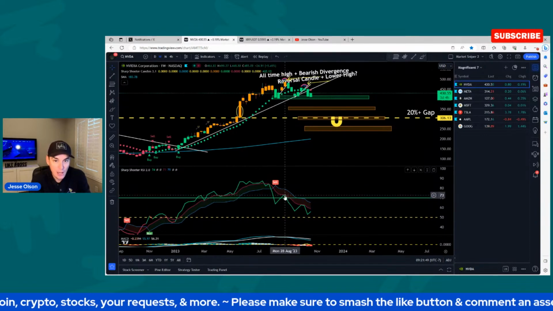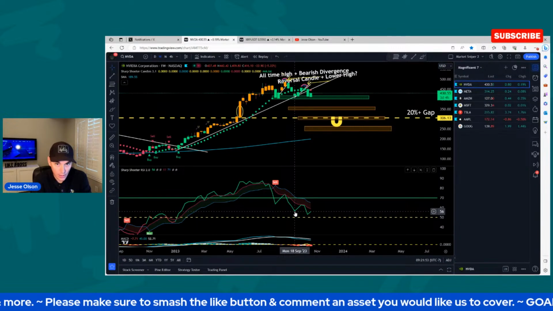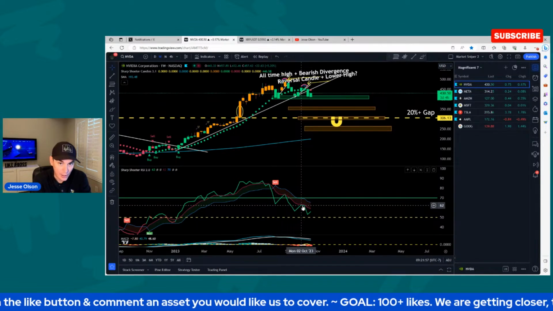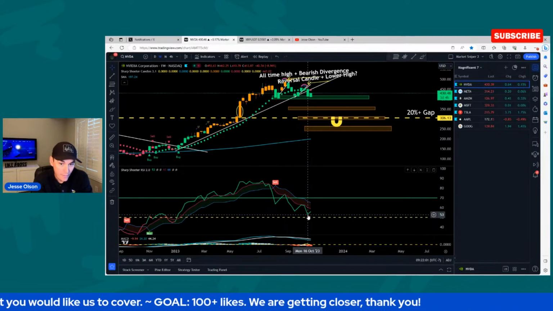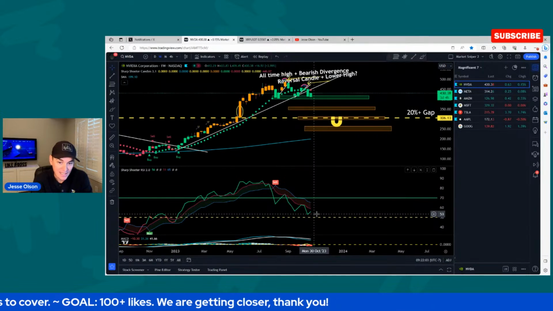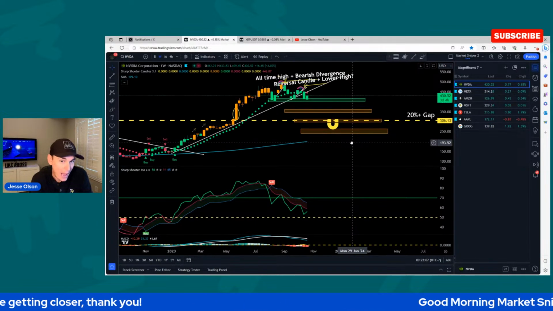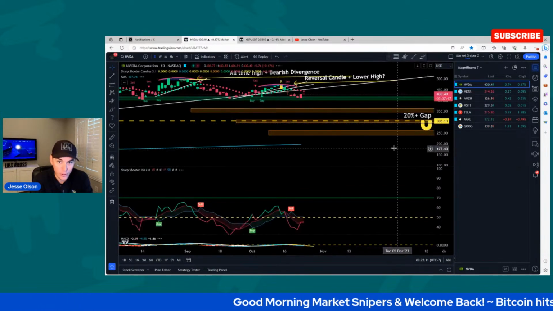So you've got a lower high with bearish divergence. You've got a lower low here, a lower low here, and then a lower high here. That's going to be your first lower price high on the weekly chart, followed by a lower low. It's continuing to trend downward on NVIDIA. It's just going to be a matter of time. It's hard to kill a bull. It takes time on the weekly chart for it to play out.